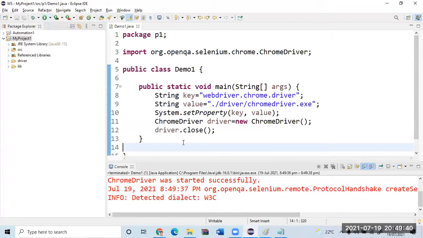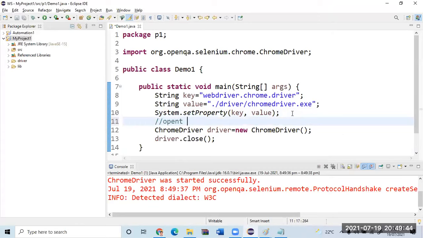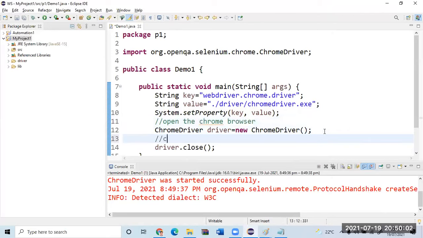Which code is opening the browser? This code is opening the browser. How does it open the browser? We will see that, don't worry. Which browser is it opening exactly? Chrome browser. It will definitely teach you how to open other browsers also. What is the last step doing? Closing the browser. So where have they written the code for opening the browser? Let us see.